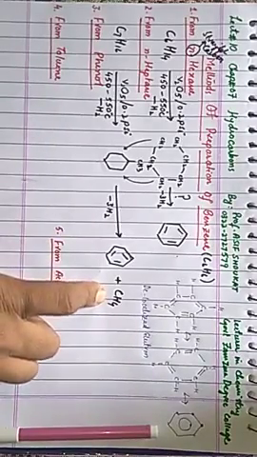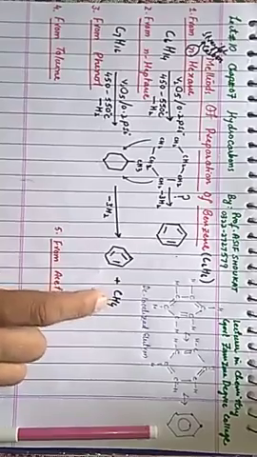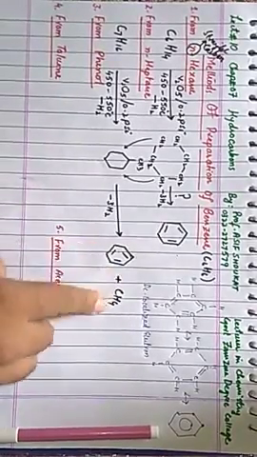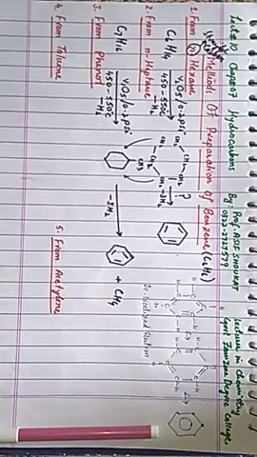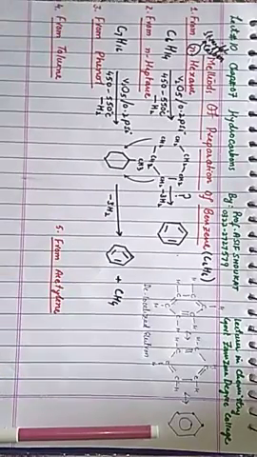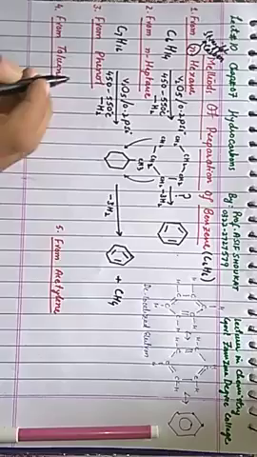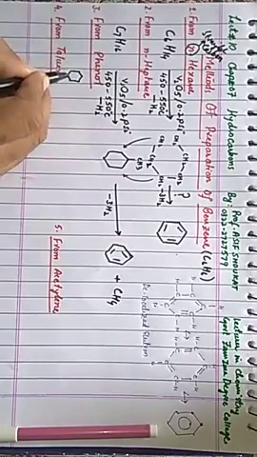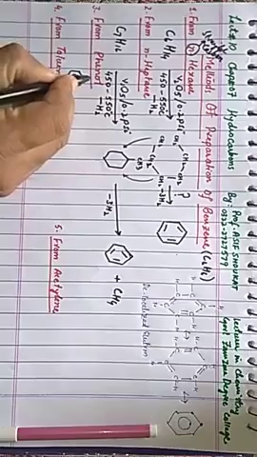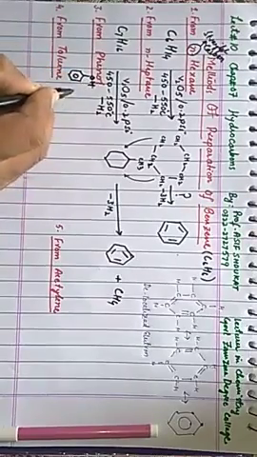What is a byproduct? A product which is obtained along with our desired product is a byproduct, which is not useful to us, which is not beneficial for us. The third one is from phenol. Phenol. Students, remember the structure of phenol. It is a benzene ring along with OH.